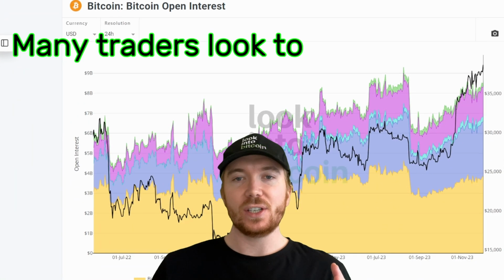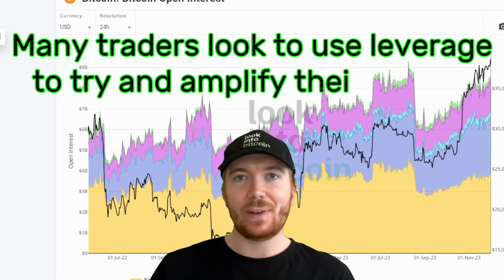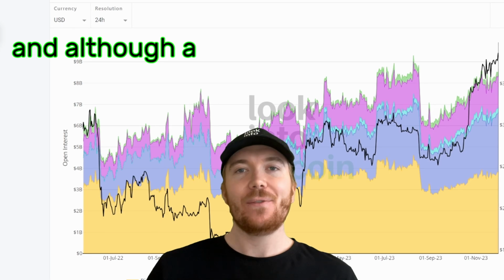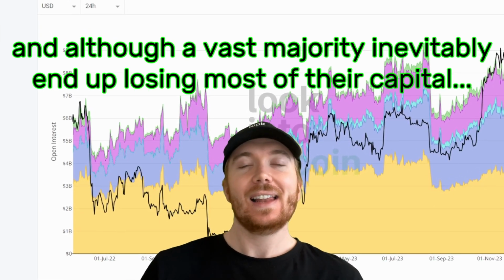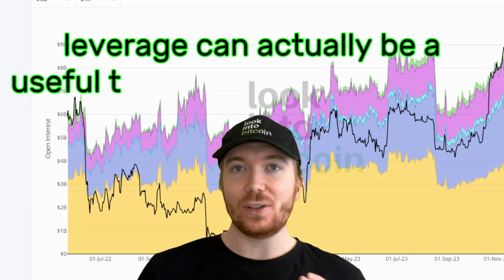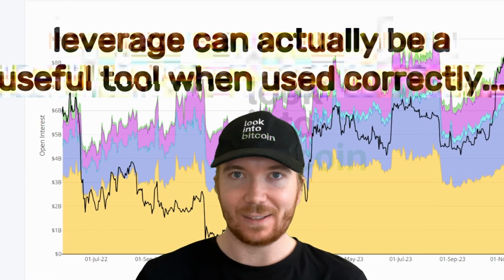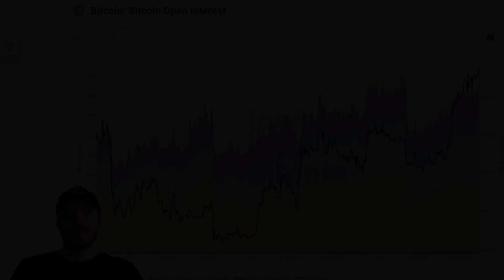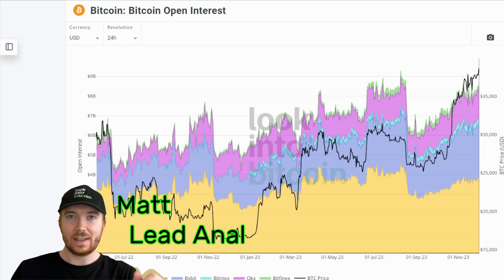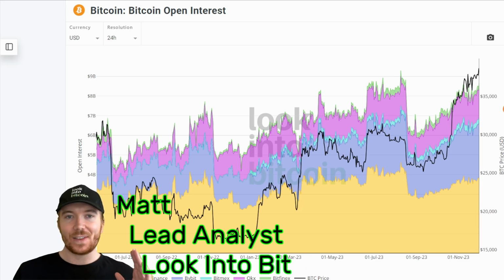Many traders look to use leverage to try and amplify their profits. And although a vast majority inevitably end up losing most of their capital, leverage can actually be a useful tool when used correctly. Today we're going to be looking at how to correctly use leverage, and where better to start than the Bitcoin